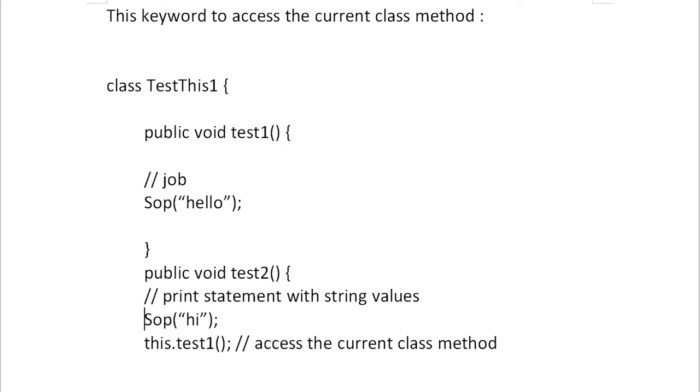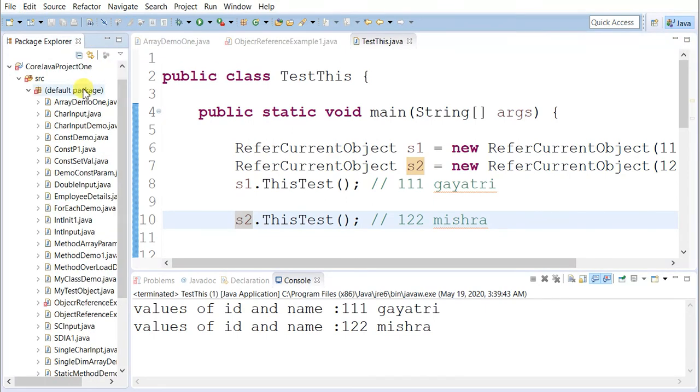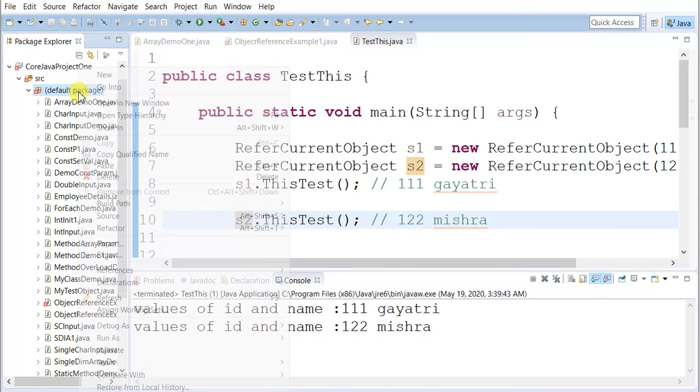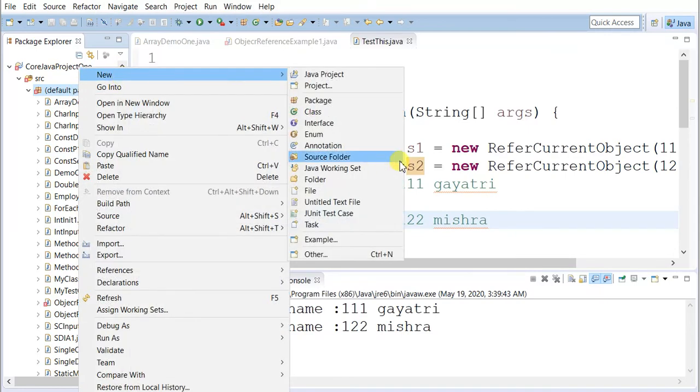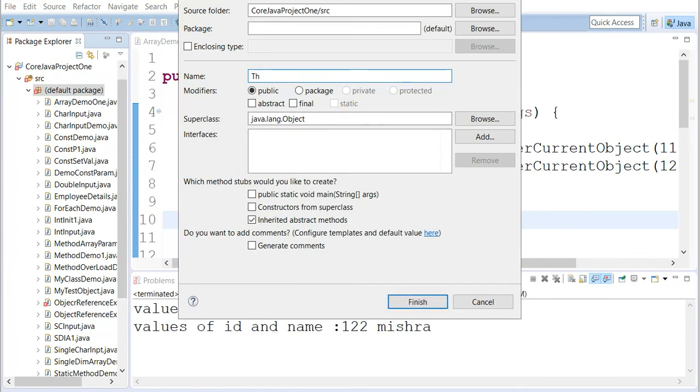Let us get into Eclipse and execute the same code to ensure it is working in the expected manner, as we discussed over here. So let me create a class. Let's say this method test.